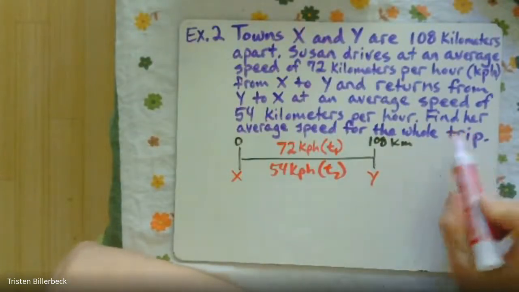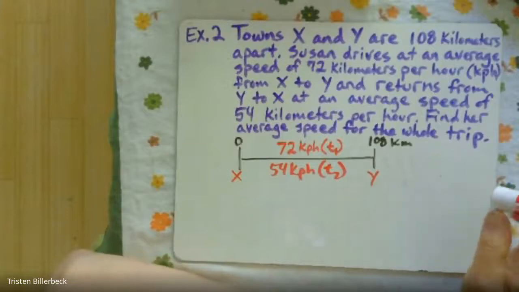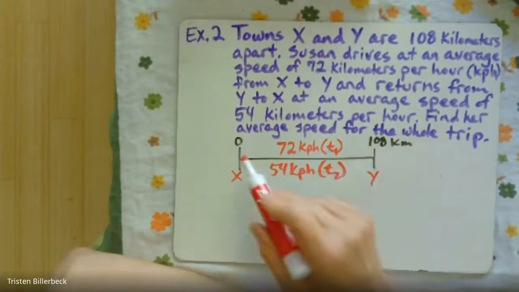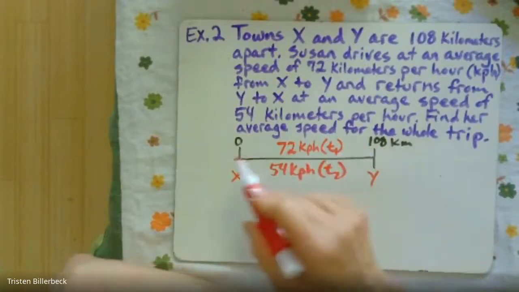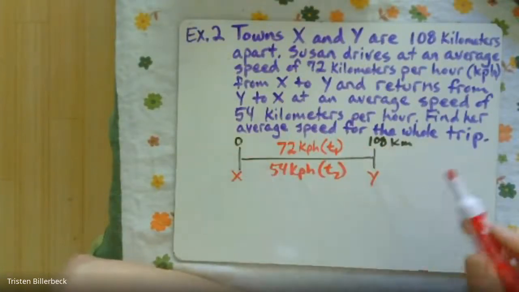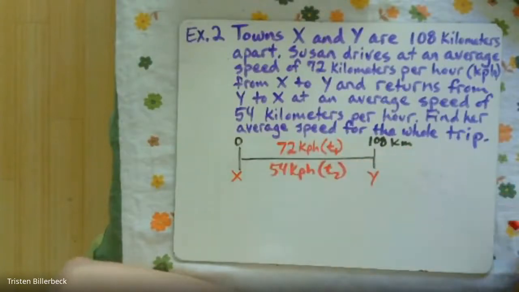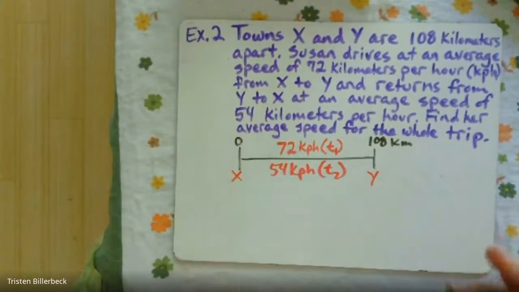All right, so it says find her average speed for the whole trip. So we know the distance: she went 108 kilometers this direction and 108 kilometers that direction, so we know the total distance. Okay, we need to find out what these times are. In this case, the best formula for us to find T1 would be